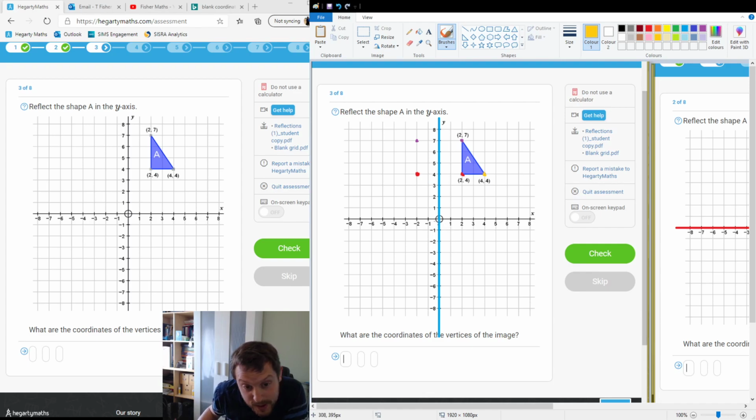But anyway, this is 4 to the right and 4 up. Now it's going to be 4 to the left and 4 up. And to be honest with you, if you practice the x-axis and y-axis ones and get good at those, you should find it easier to do the harder ones later. Because really it's just about getting your head around it. So hopefully what you can tell, and maybe it's a little bit easier in the y-axis because it's more like